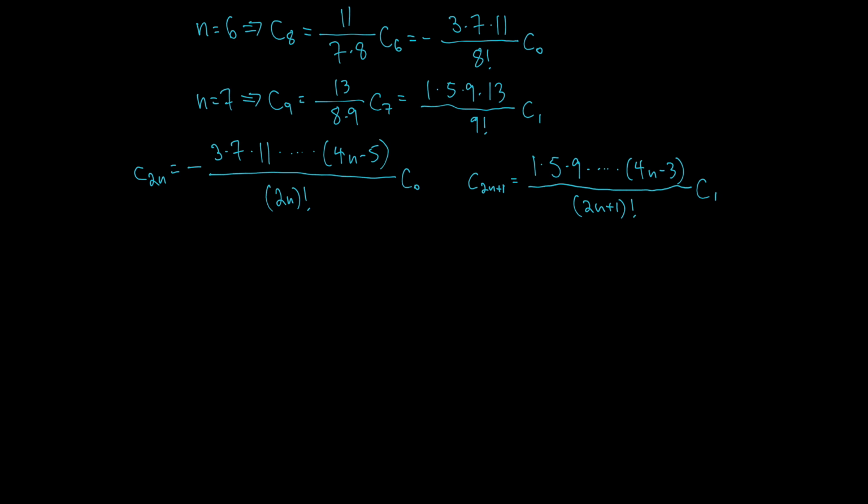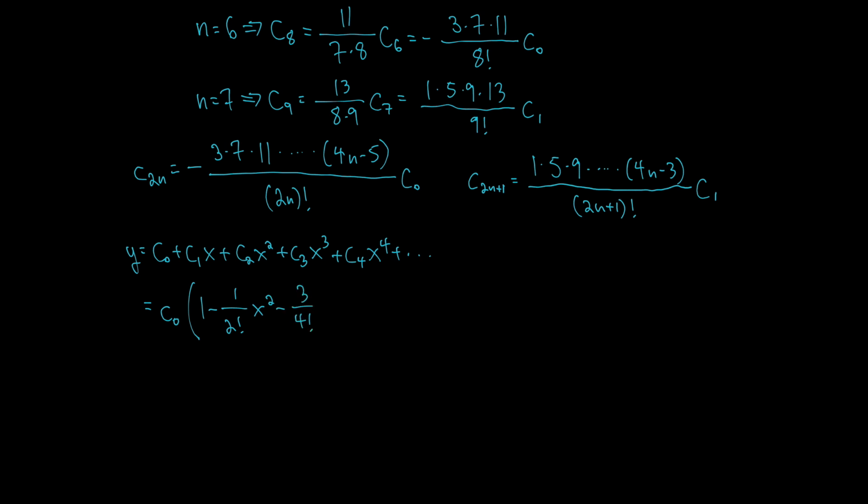So this means that we can write our solution, which was y equals C0 plus C1x plus C2x squared plus C3x cubed plus C4x to the fourth, and so on, as C0 times 1 minus 1 over 2 factorial times x squared minus 3 over 4 factorial times x to the fourth minus 3 times 7 over 6 factorial x to the sixth minus 3 times 7 times 11 over 8 factorial x to the eighth minus so on,